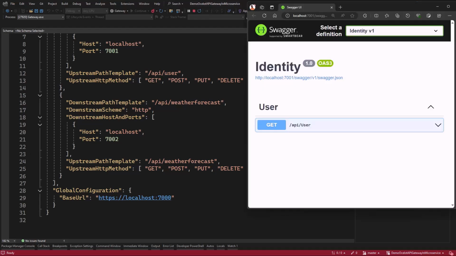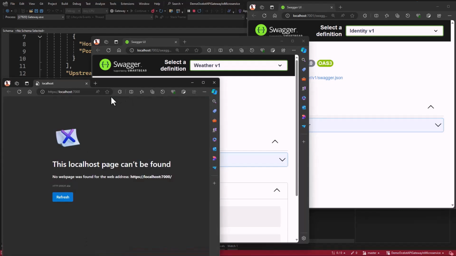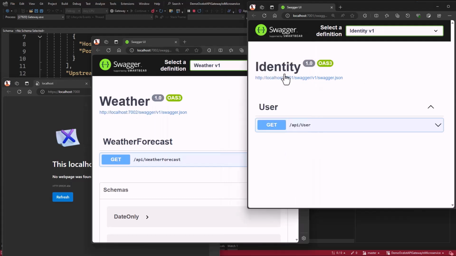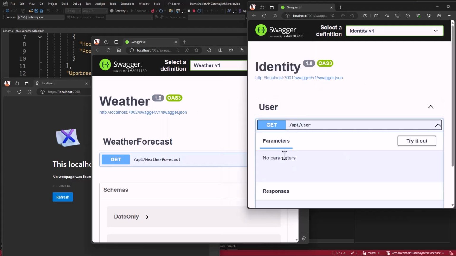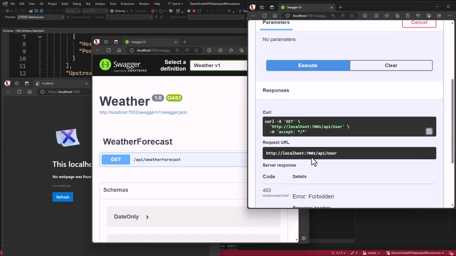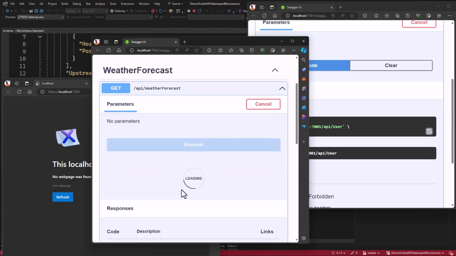Let's see, I have this created. Okay, so this is what we did previously. I'm just trying to show you where we are. Now you can see from here we have weather forecast. This is our weather API. This is our user API. Now we cannot directly access this endpoint. You cannot do that. You're going to have forbidden. But you can access it through the gateway, the API gateway.